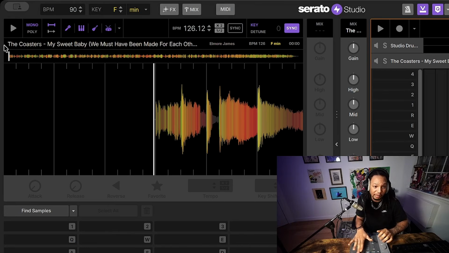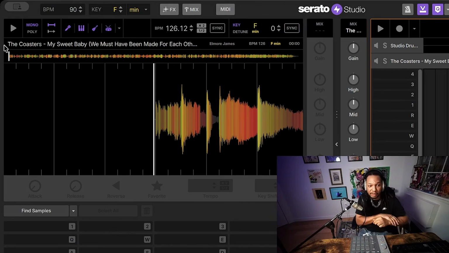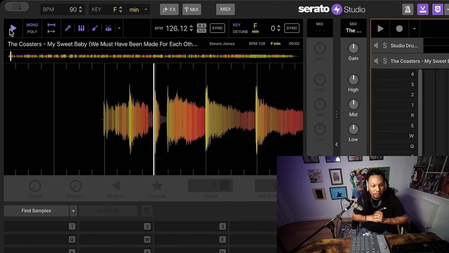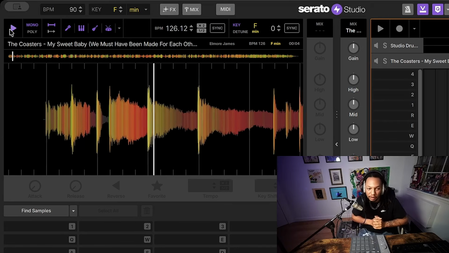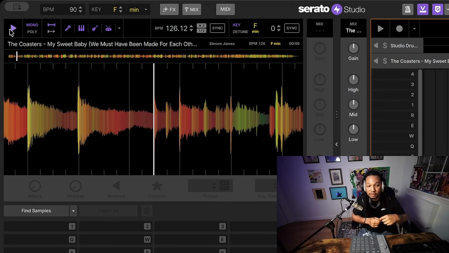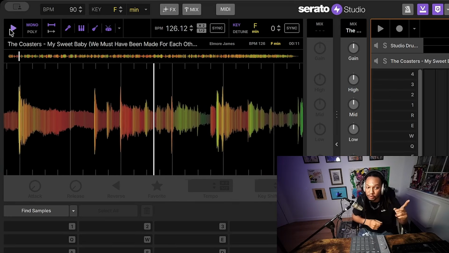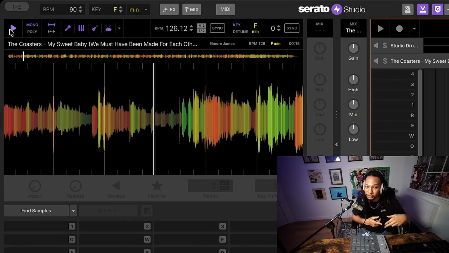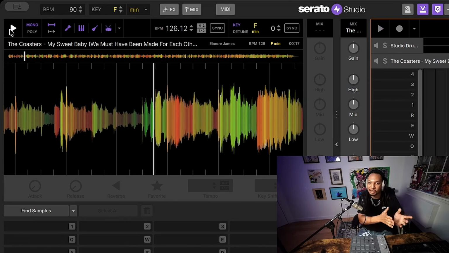I'm gonna turn off the deck BPM sync because I want to hear it at its natural BPM. And now let's think about the sample in the context of counting. I'm gonna count. It might be a little annoying, but I'm gonna count over the beat for a little bit and then I'll let you count in your head. 1. Let's see, what's the one? 1, 2, 3, 4. 1, 2, 3, 4. Like that's a chop right there.